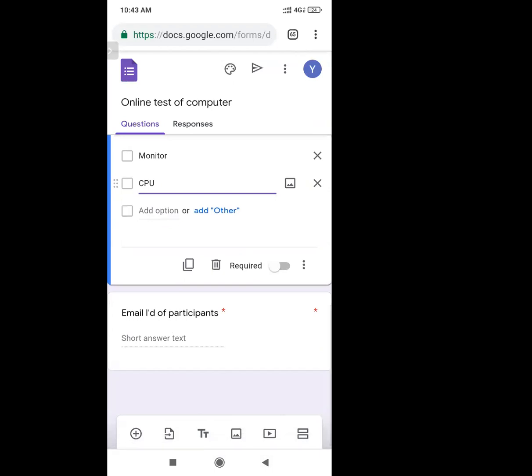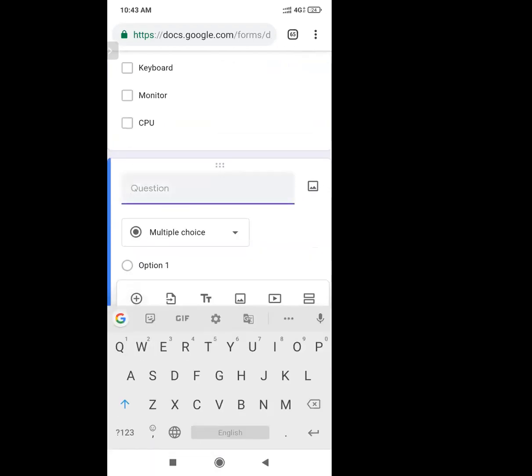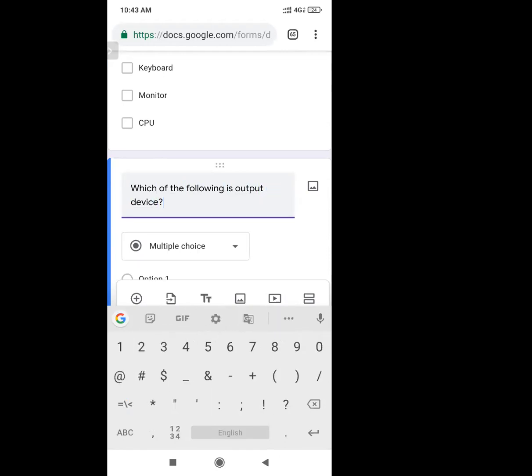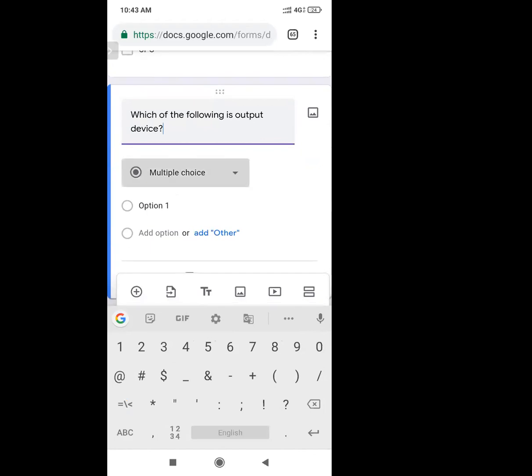I will again add a different question: Which of the following is an output device? For this I will show you another question type.